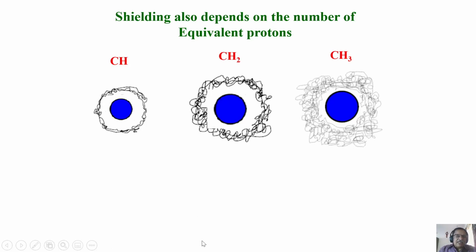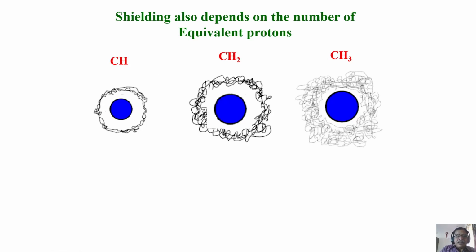Of course, the logic is simple. We discussed last class that CH3 is more shielded and comes to high field because it sees more field than this one. Now I take in between another group called CH2. What is the logical conclusion? Where should this peak come? Let us extend the logic. CH has one proton, let's say it comes here. CH3 comes more shielded, a little high field here. Then CH2 has to come somewhere in between.